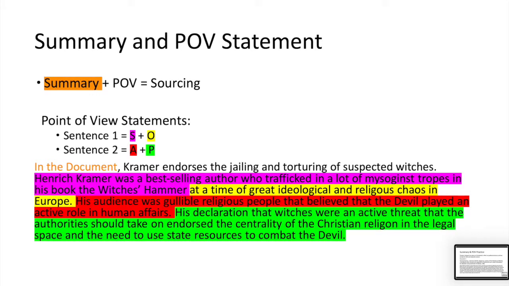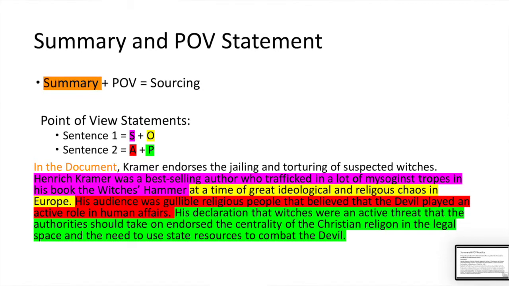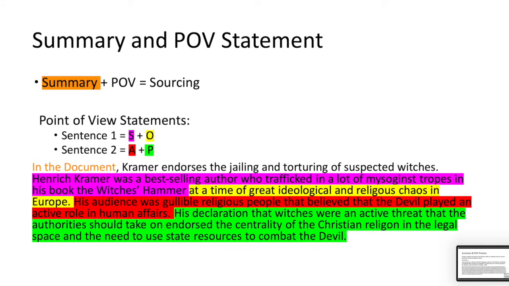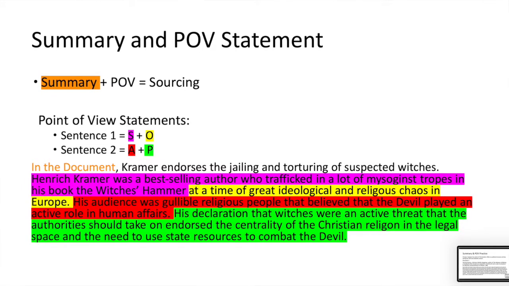I've color-coded it. So first thing you would want to do is you would actually want to do SOAP analysis. So you would do just kind of like SOAP, and then in short words you would write all the information that you knew.